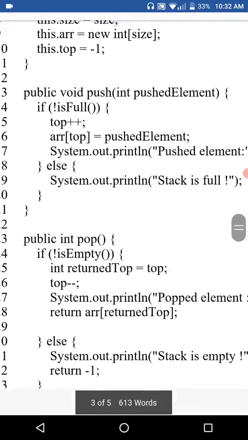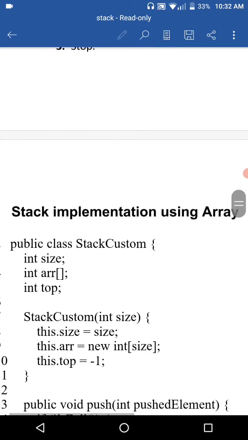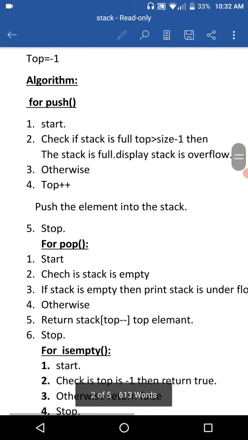We also learned something new here, the this pointer. We learned about pointers in C. By using this we can point to a particular variable. A pointer always holds an address, just like in C++, and from object orientation we use the pointers. This is a pointer pointing to the size. Here this.size means this is a pointer pointing to size. Like that we are assigning values to the variables. Okay, this is the development of stack using arrays.